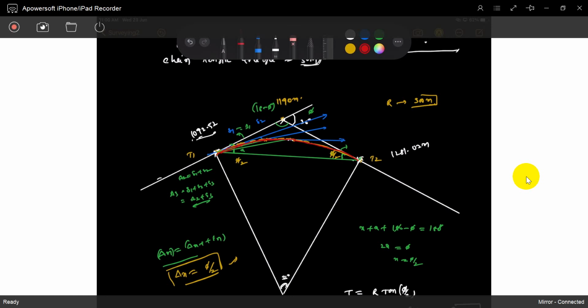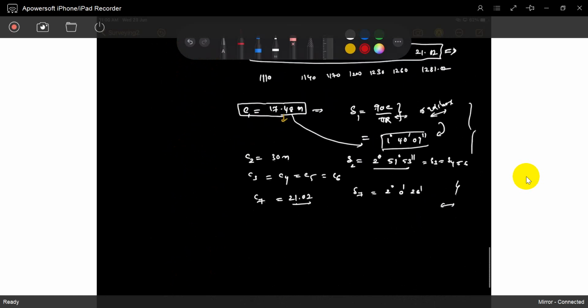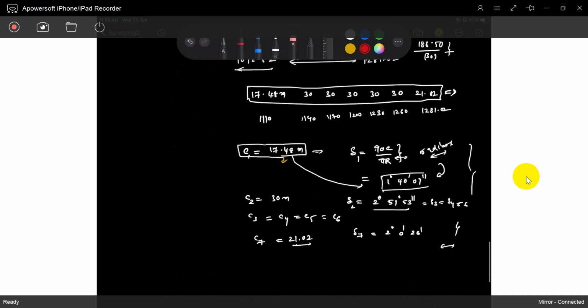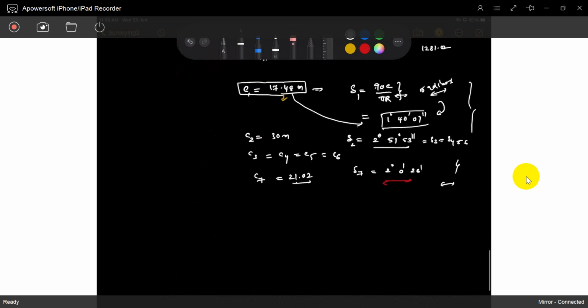That is the summary of today's class. What is the summary? That is the summary. Understood? So that's it. You can easily find out this delta 1, delta 2, delta n. If you want to make it in tabular form,